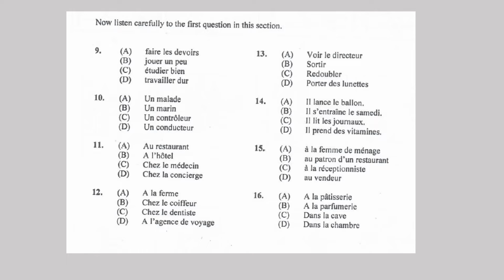Pour passer le temps, quand il termine ses leçons le soir, Marc aime retrouver ses amis pour...